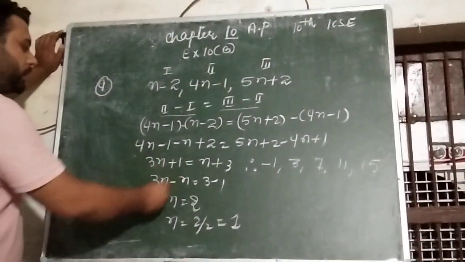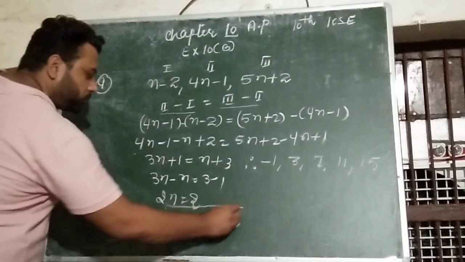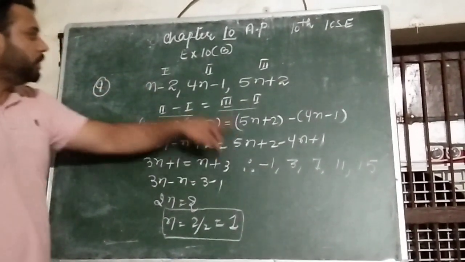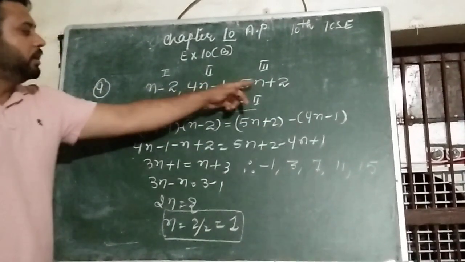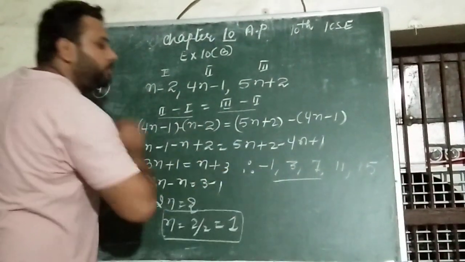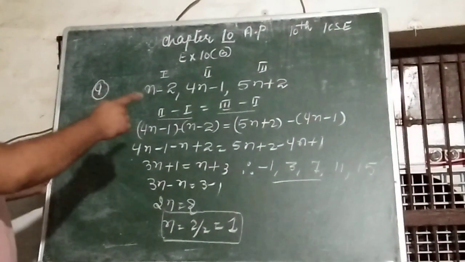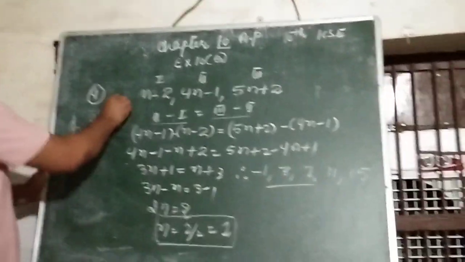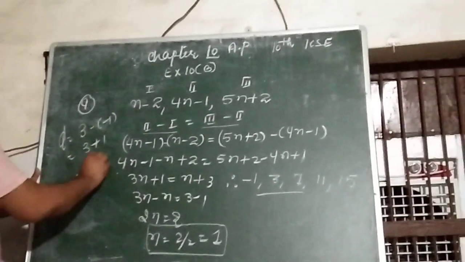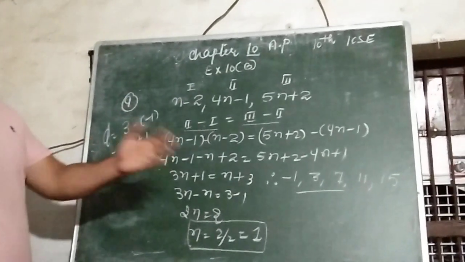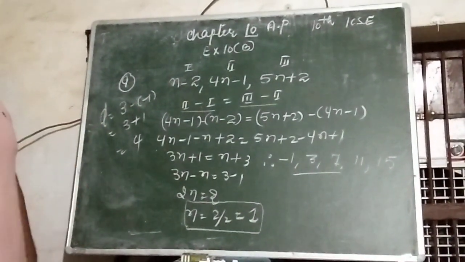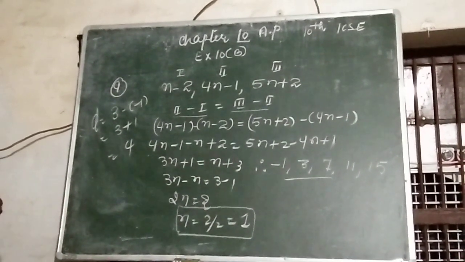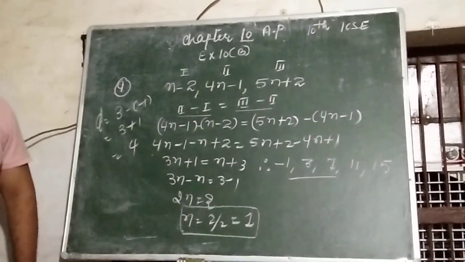And then after calculation I got the value of n as 1. And this value of n I fill here. Filling 1, I got minus 1. Filling 1, 3, then 7. It means the first three terms of the AP are minus 1, 3 and 7. Then I find the common difference. The common difference is second minus first, so the common difference is 4. So by adding 4, I can find the next terms. I added 4 to 7 and got 11. Then again added 4 and got 15. So students, please note down this.